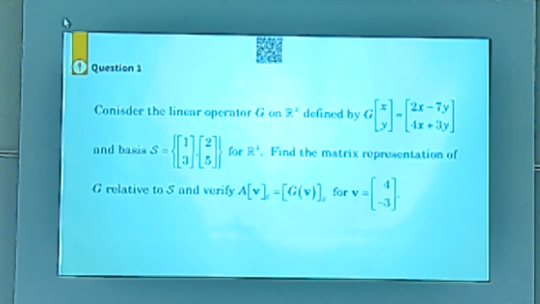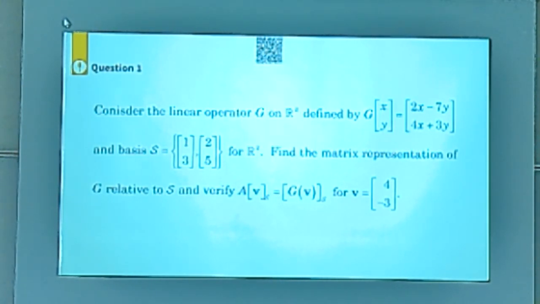And so we're going to have a linear operator on R2. Remember, a linear operator is just a linear mapping whose domain and codomain are the same. This operator is defined by G of (x, y) equals (2x minus 7y, 4x plus 3y). We're also going to consider the ordered basis {(1, 3), (2, 5)} for R2. We'll go ahead and find the matrix representation of G relative to that ordered basis,